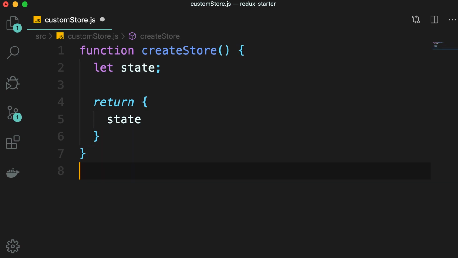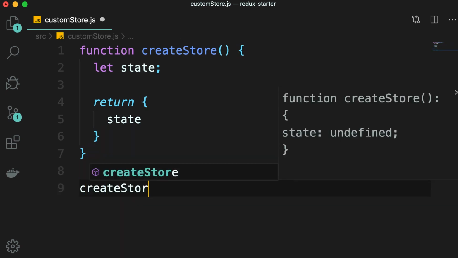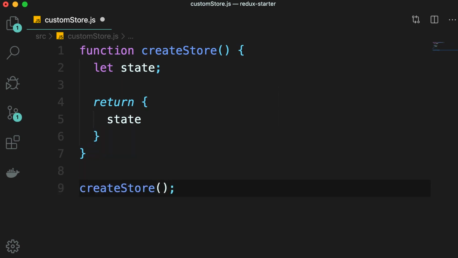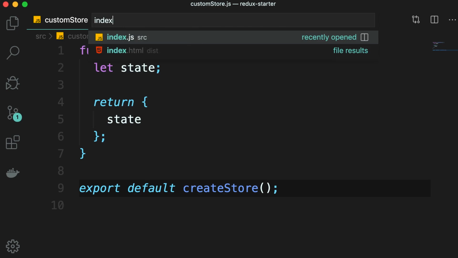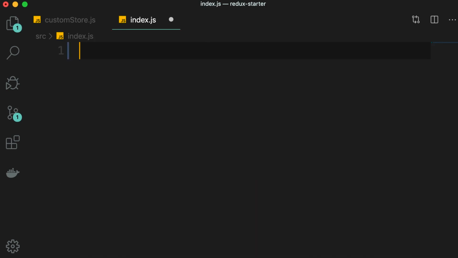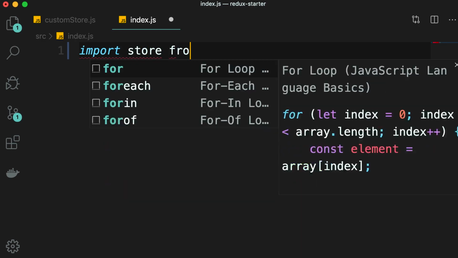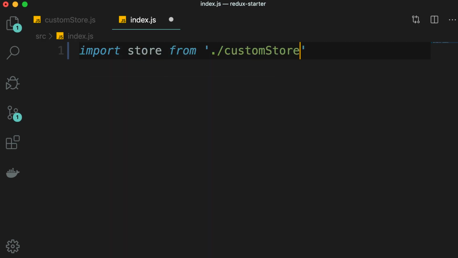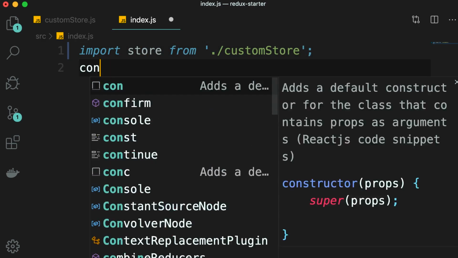So in this file, I'm going to call the createStore function. This returns an object, so we can export it as a default object. Now, let's go to the index.js. I'm going to delete all this code. We don't need it anymore. So let's import our store object from the customStore module. Now, let's log